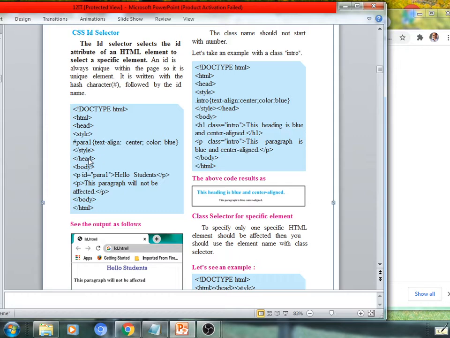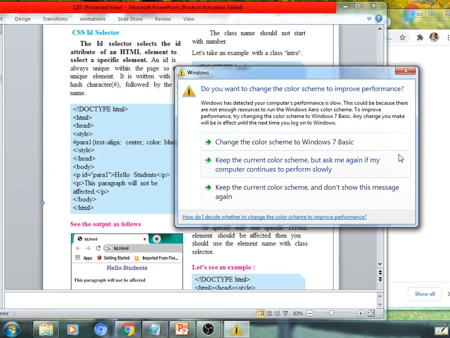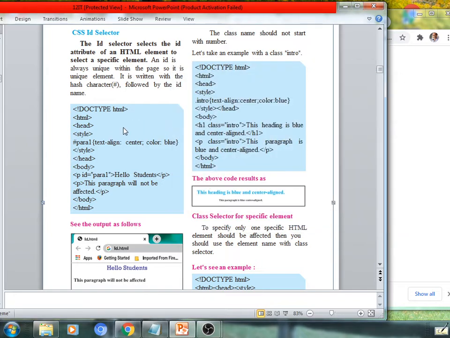Slash style, slash head. Within the body section we are going to use it within an HTML element, an HTML tag. It is possible with any HTML element. So the P tag is used here: P ID equal to something, which is nothing but the selector's name as we have given here, hash something, and such properties are also there with respective values.